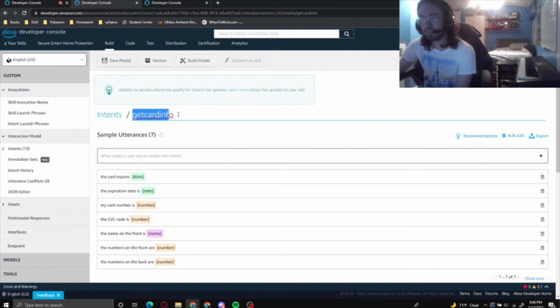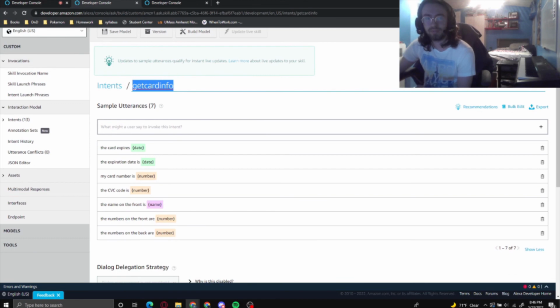So for example, this is a malicious intent I created called get card info, and if there was a voice masquerading attack which was causing a skill to run silently in the background, then the skill could run until one of these phrases are mentioned,